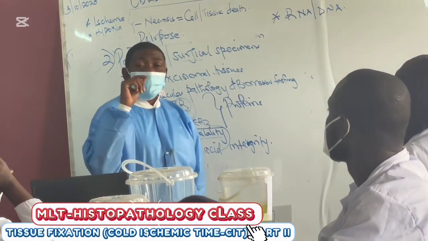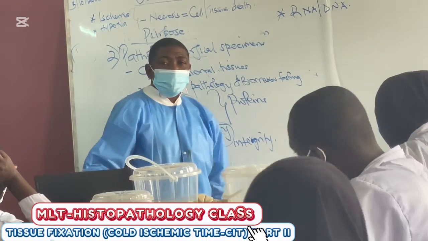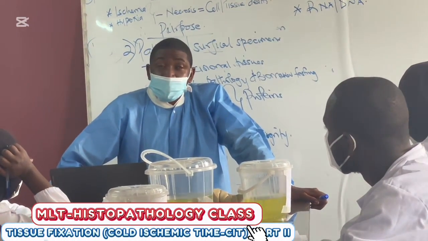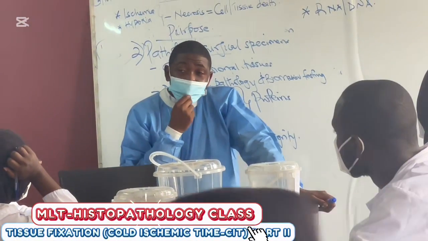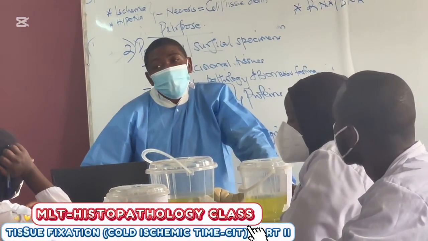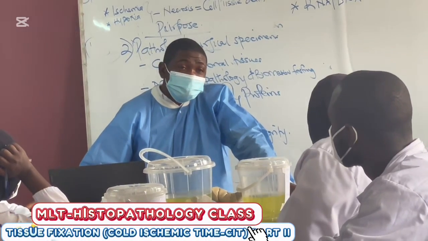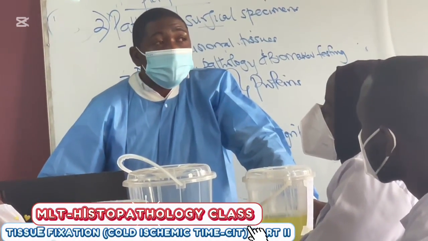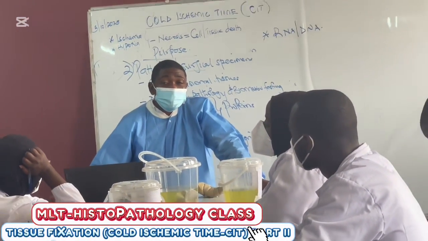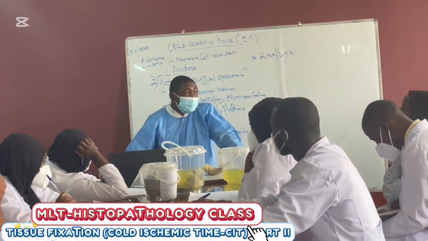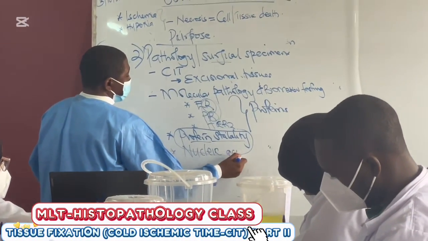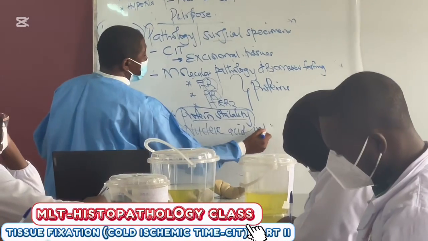So HER2, which stands for Human Epidermal Growth Factor Receptor 2, is a protein receptor found on the surface of some cells, and it is encoded by the ERBB2 gene on chromosome 17. So this gene carries the instructions or genetic code for making HER2 protein. In cancer, HER2 helps regulate controlled cell growth. And in some cancer, the